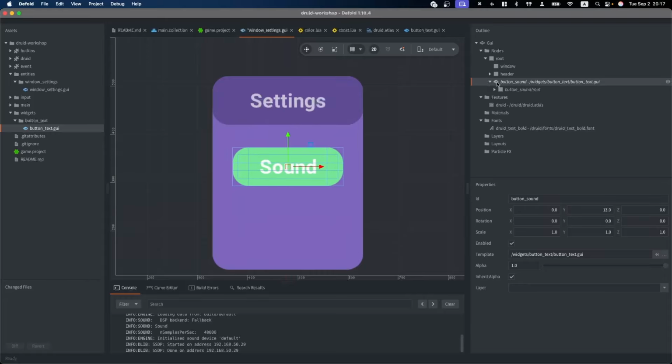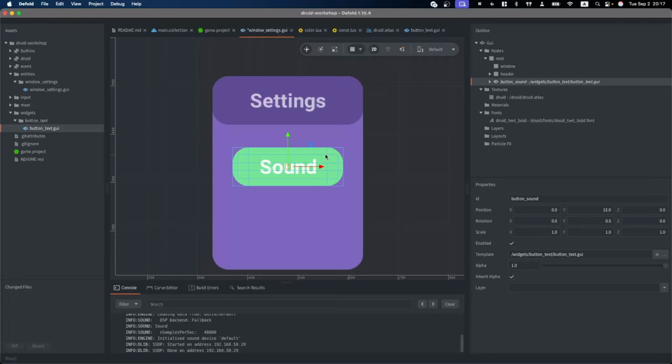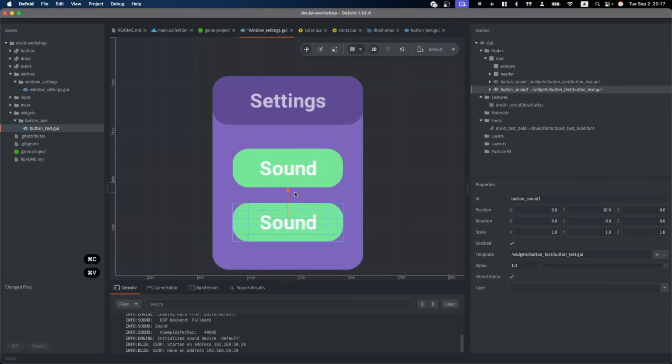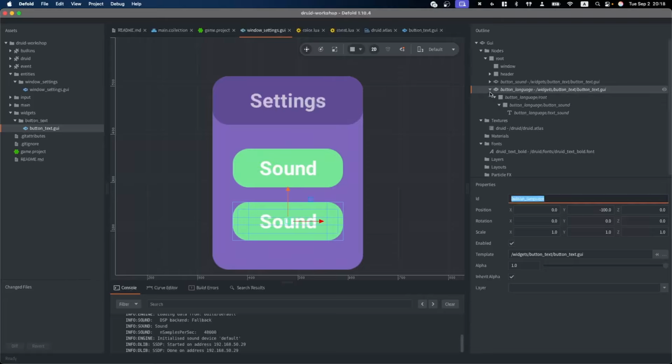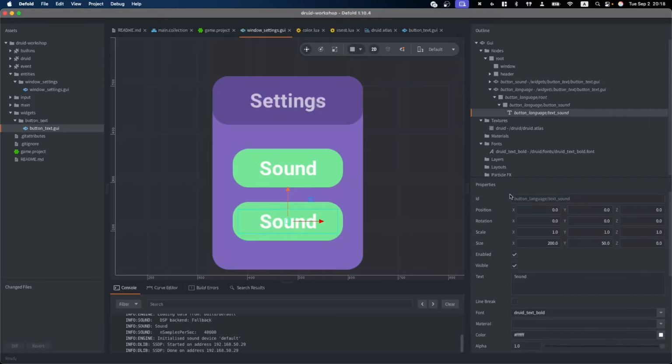It's just one template node. You see inside all of the nodes we placed in this GUI file. And we can copy it to make another button. Let's make a button language. Nodes inside a template can be overridden. Each property you see here can be changed, and the changes will be only here. So for example, if you want to change the text here with a template, let's change it to the right language.